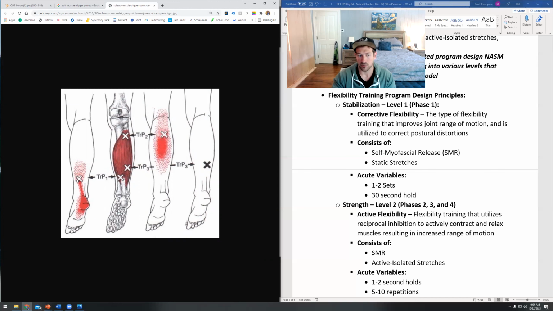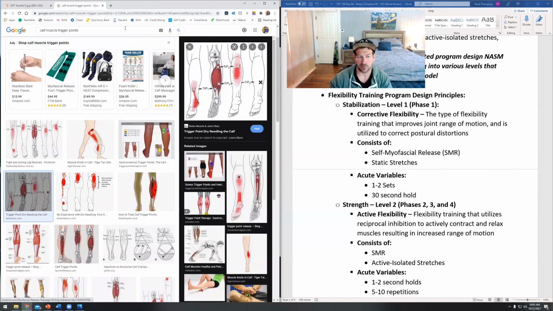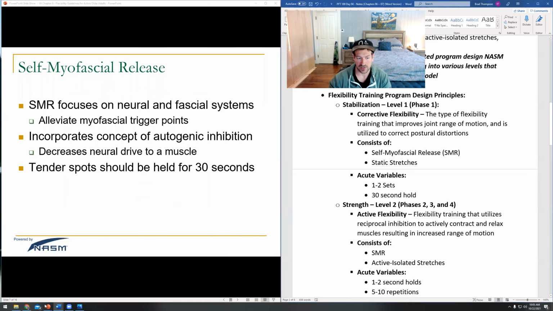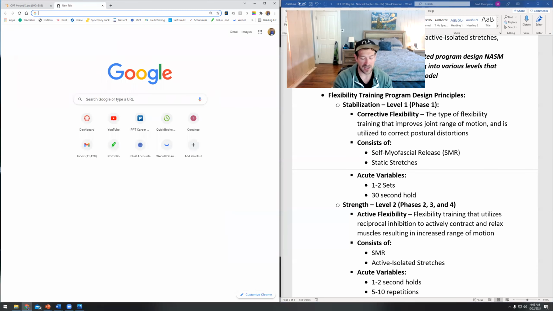You want to place a foam roller here, or a lacrosse ball, or, you know, whatever. And then they go, here's the origin of the muscle here. Here's the insertion on this side. Here's, you know, generally a tight spot here, right? And it's like if you have pain in any of this region. So that's kind of how trigger point therapy works. But the reason this works the way it does is because generally we want to put pressure on the Golgi tendon organs. So when you're foam rolling your calves,